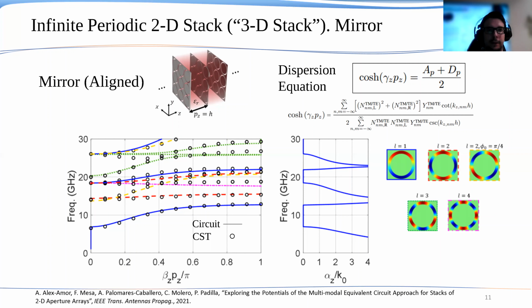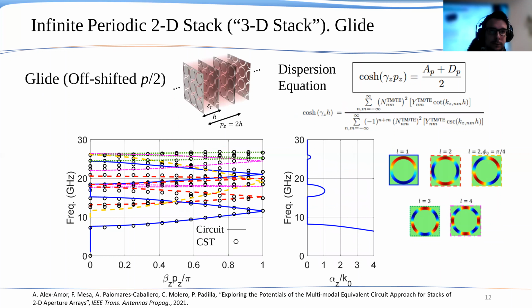Furthermore, we should state that our circuit approach is also able to extract the attenuation constant of the structure. And this is a very valuable feature since most commercial eigenmode solvers cannot compute the attenuation constant of periodic structures. This would be the glide-symmetric version of the same three-dimensional stack, where the even layers are shifted half